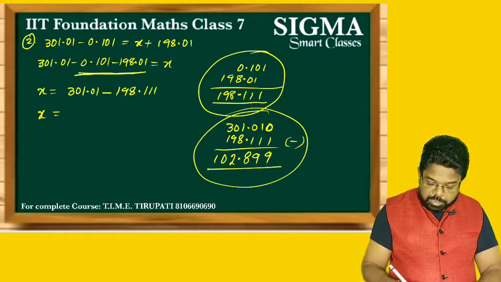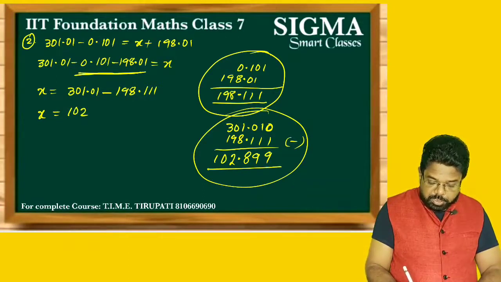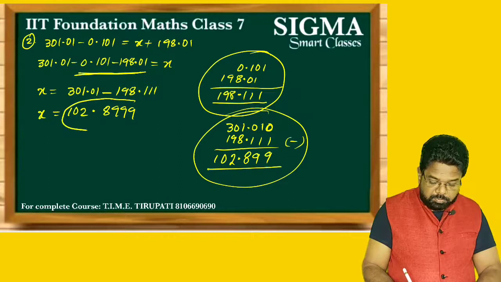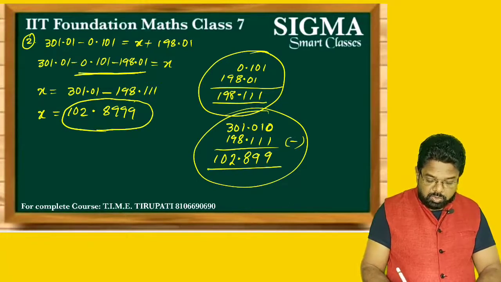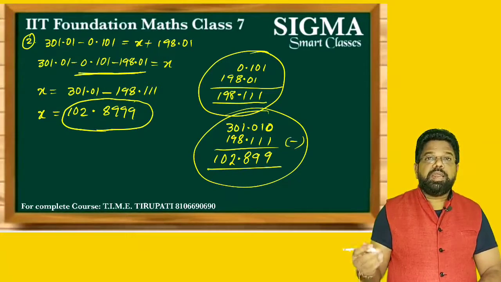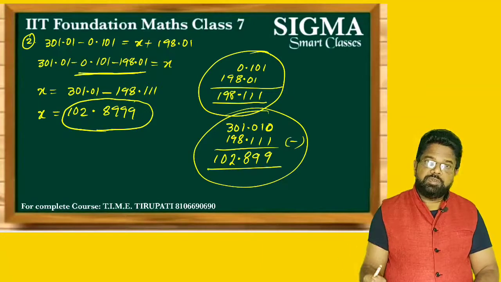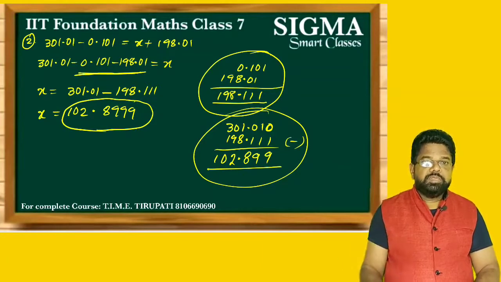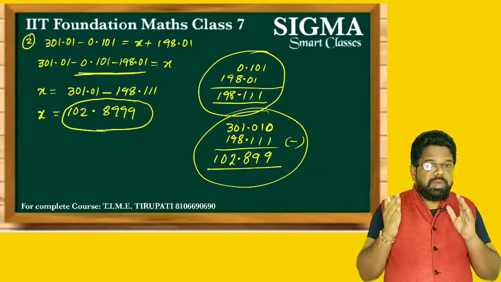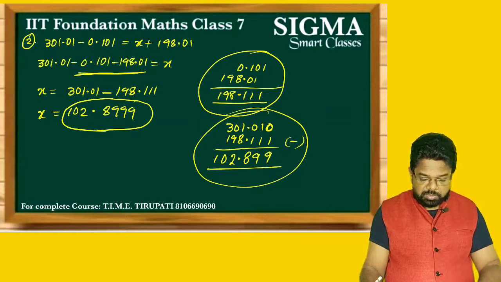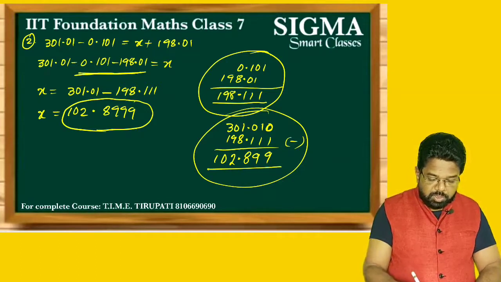Now separately, how to calculate, 102.899. So this is the final answer for this. So if you have command of subtraction and addition, decimal subtraction, decimal addition, you can do it very easily. We already discussed decimal addition and decimal subtraction separately, so you have to see those videos also. Okay, now see here. Next we will go for question number 3.